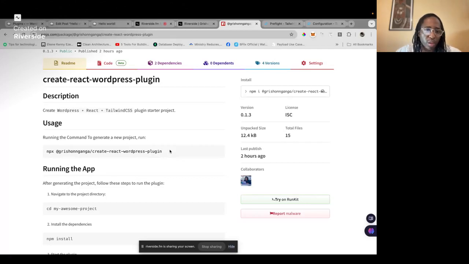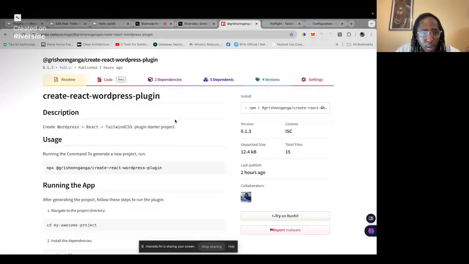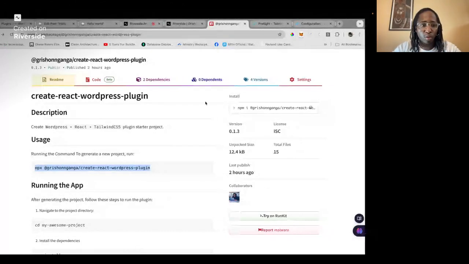So I cobbled together this boilerplate package that you can use to help you create a WordPress plugin using React and Tailwind CSS. People just need to install this. So this is the video to explain the boilerplate. So just copy this command and go to your